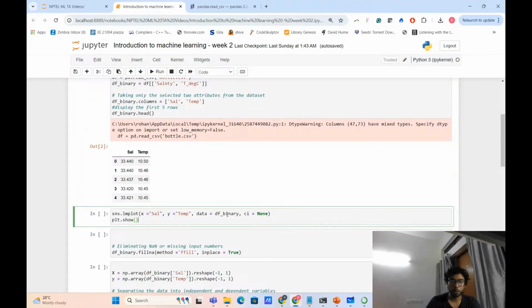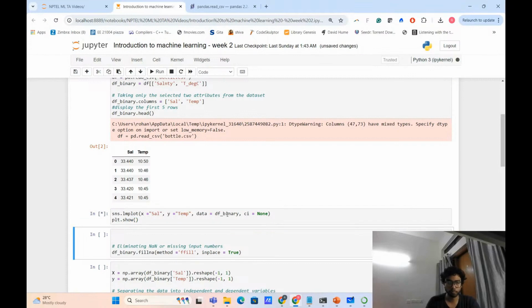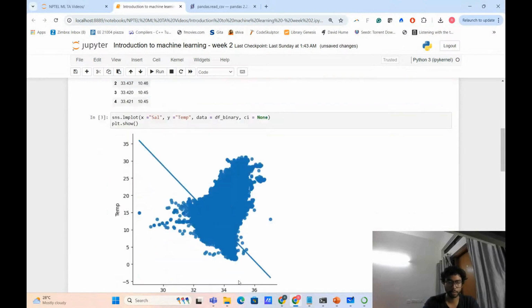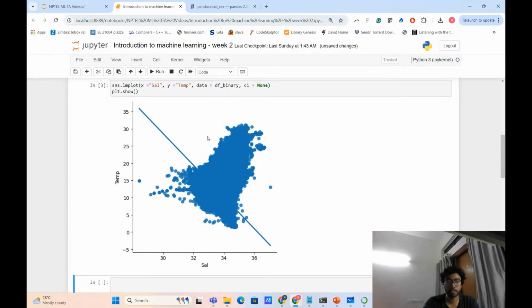And now we are trying to plot and see how our data looks, right? On the x-axis, I have plot salinity. On the y-axis, I have plot temperature. This is how our data right now looks like. Ignore the straight line, but this is how our data looks like. This contains like 10,000s of points, and I've just plotted the points in this graph,